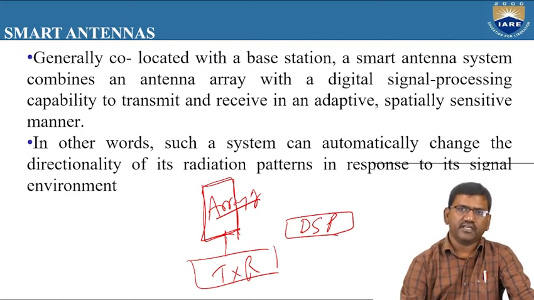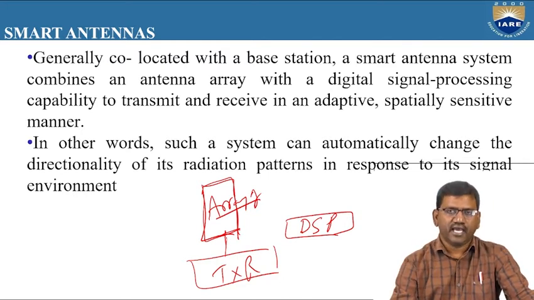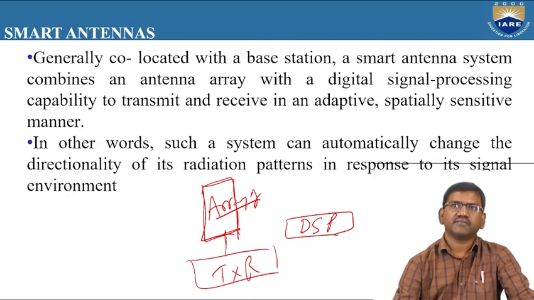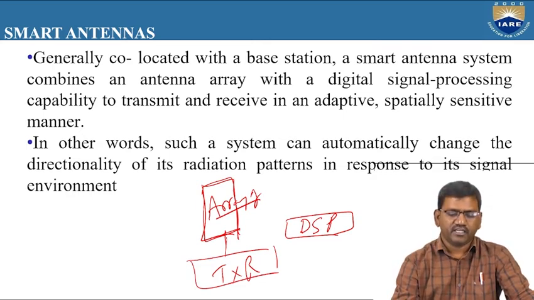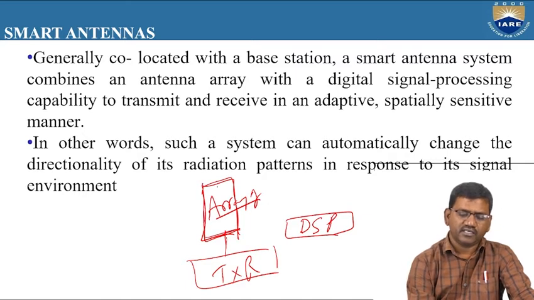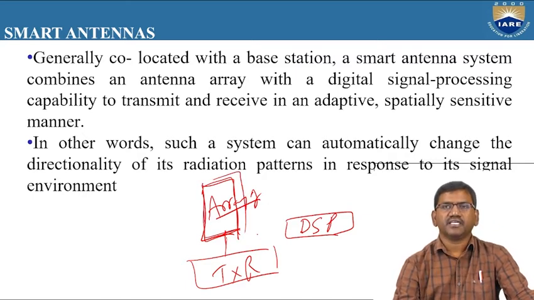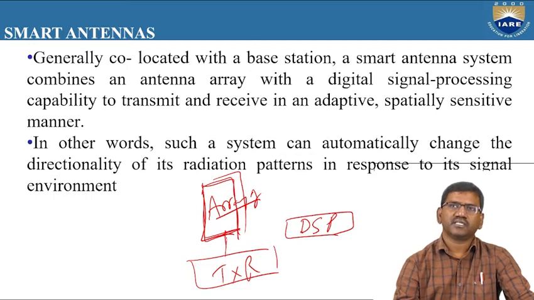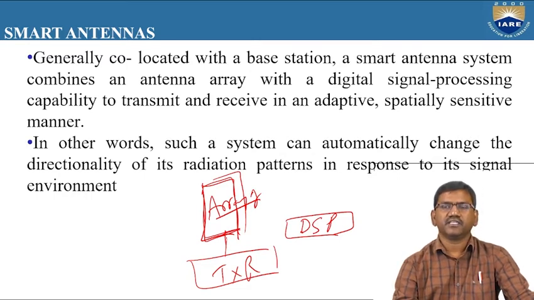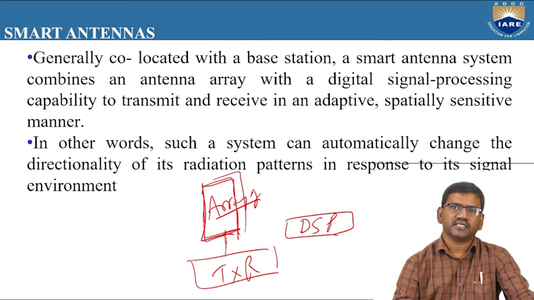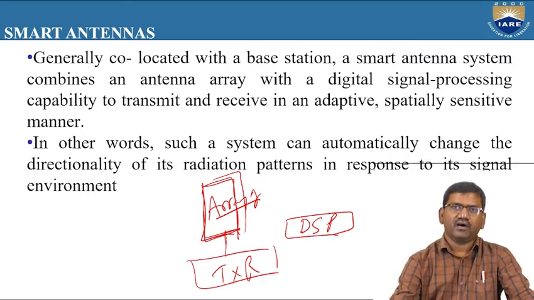Initially these arrays of antennas are idle. They act according to the instructions given by the DSP. This array of antennas we call an adaptive array. Here there may be 2 elements or 3 elements or 4 elements combined in an array. There is no limitation that only 2 elements must be combined as an array. Here the meaning of element is antenna. That means a group of antennas form an array, or we can also say a group of elements will form an array. So here all the array elements are connected to the DSP.